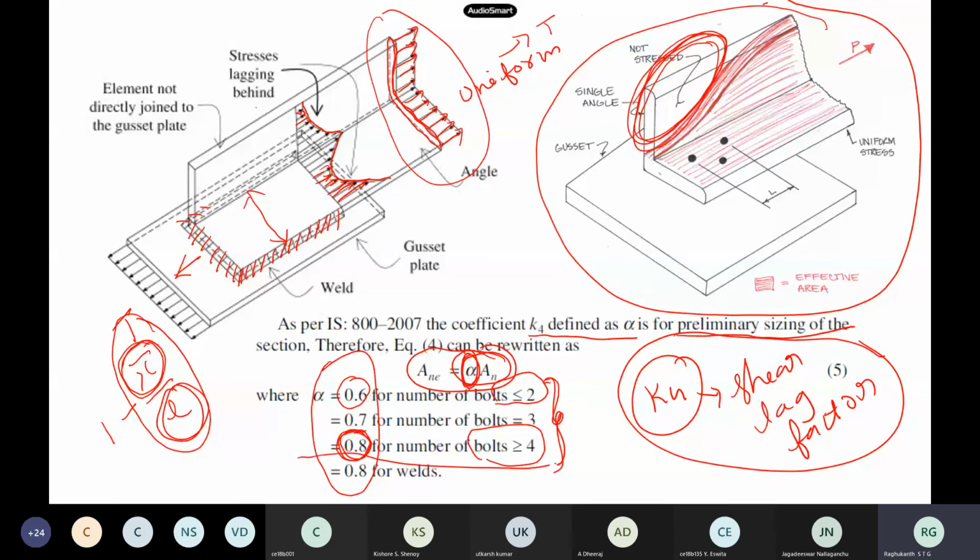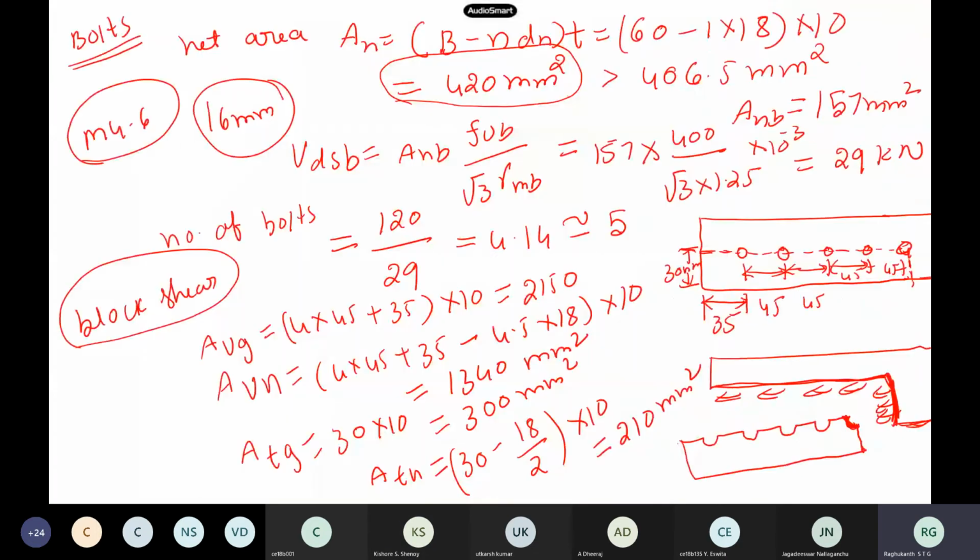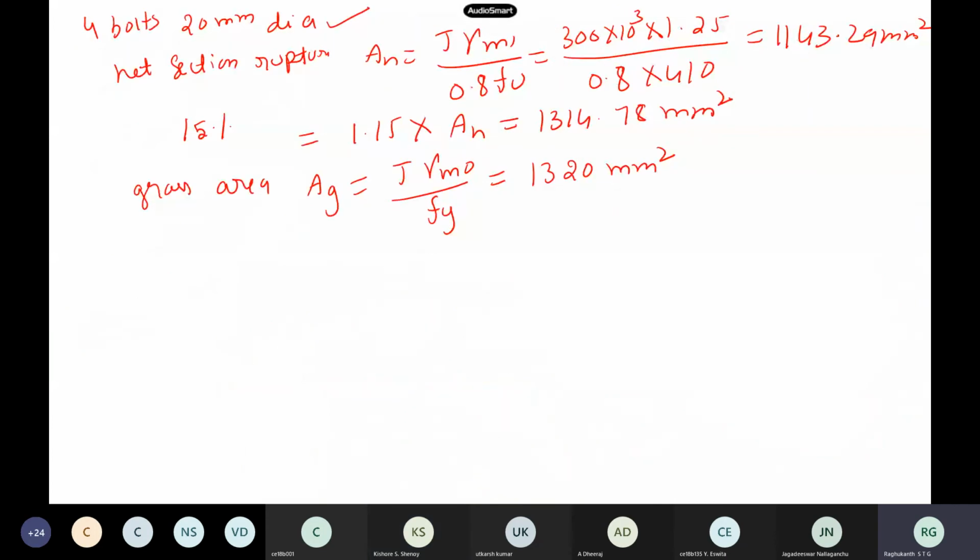So for 4 bolts, what is the value of alpha? 0.8. Sorry, that is how it has been done. I am very sorry. So that turns out to be 0.8. Because we are doing one angle, one leg connected, another leg not connected, this formula has to be not 0.9. So our area will be 1320. This is our guideline. Now you go to the steel tables and, among all the angle sections, select one which has area more than this.